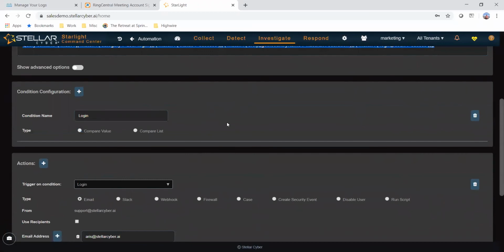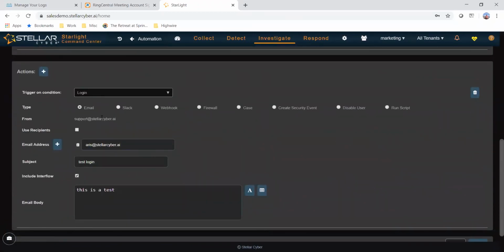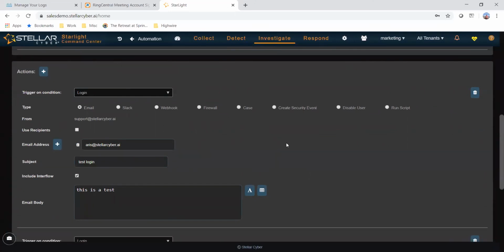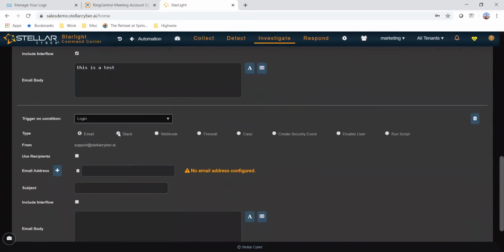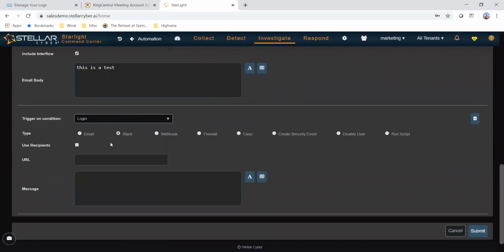So on a login success, I want to send an email. The first thing could be, I want to send an email to Eris. And in the body of the email, we're going to say this is a test. Right? This is just one of our test emails. I could add a second condition or a second response. The second one is via Slack message, I want to notify my SOC that, hey, we just saw a